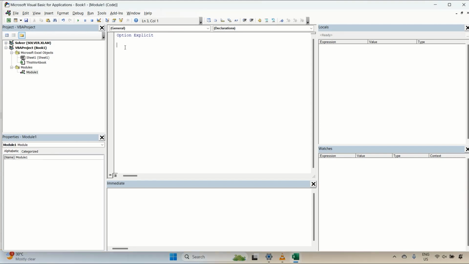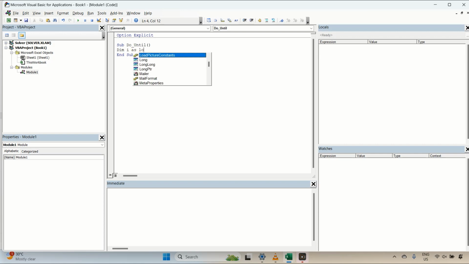In the first example, we will explore the case of a do until loop. What we're going to do here is run a loop that runs through a range until it reaches a blank cell, and it's going to exit the loop as soon as it reaches a blank cell. For that, I'm just going to have I equals 1. That's going to be the initial I value. Then we're going to do the do until loop. So for that, I'm going to say do until